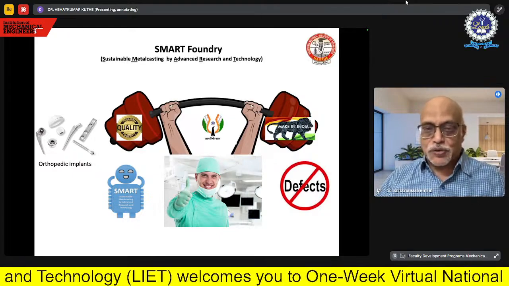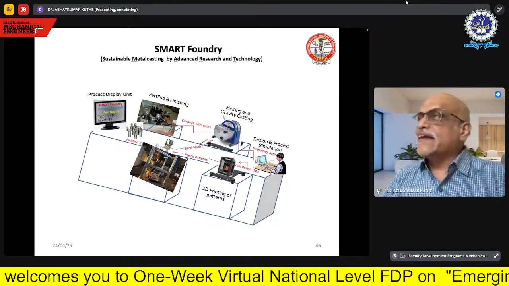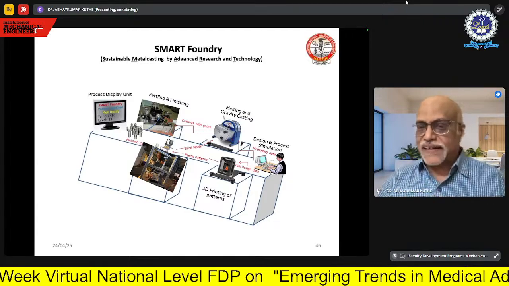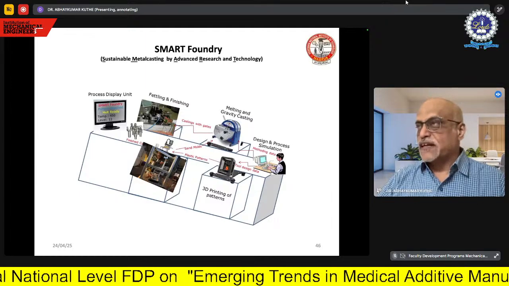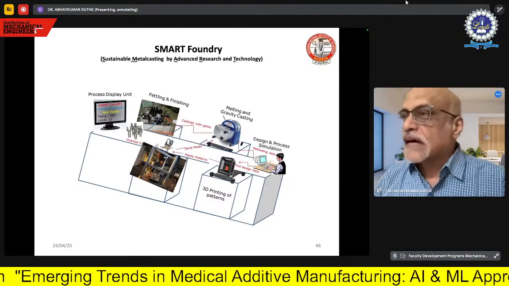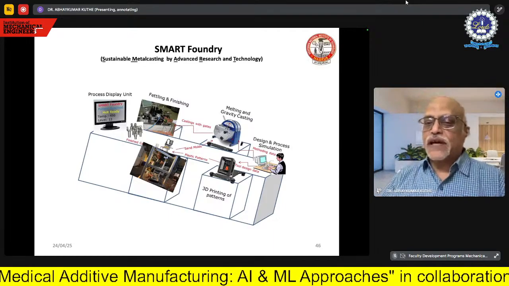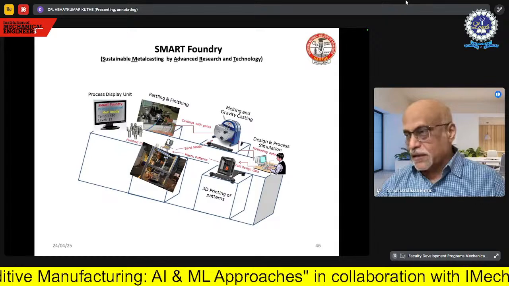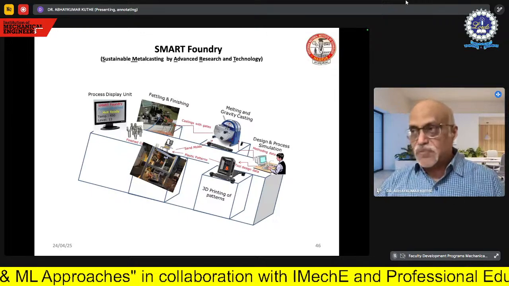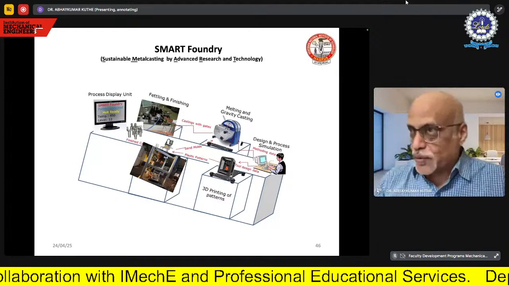Now here, let me show you at a glance what exactly we are trying from the point of view of metal casting. You can see the figure very nicely here, that the design and process simulation, that means the complete simulation of the part to be cast, is possible using casting simulation software. We have used the simulation software, and there you can get the complete methoding and everything done, so that the part that will be cast will be defect free. At the same time, the cost of the product is also possible to know from the simulation software.